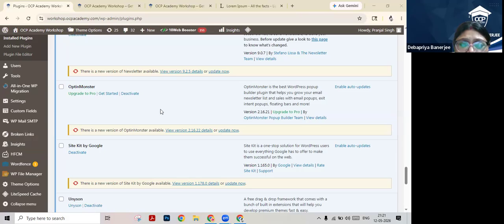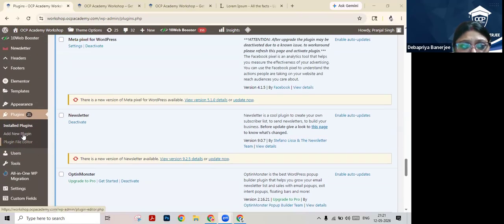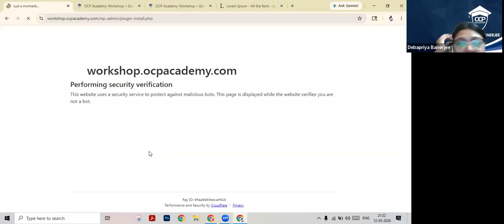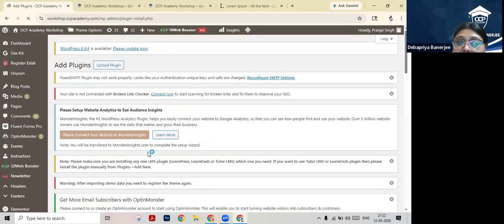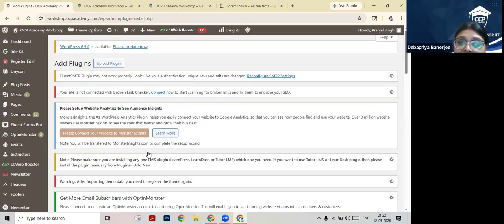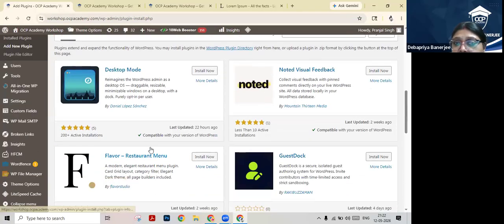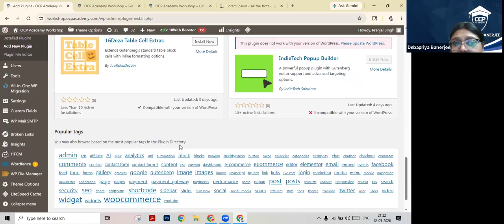So basically, how can we install? You can click on Add New Plugin. Okay, Add New Plugin. See, there are multiple plugins available here.